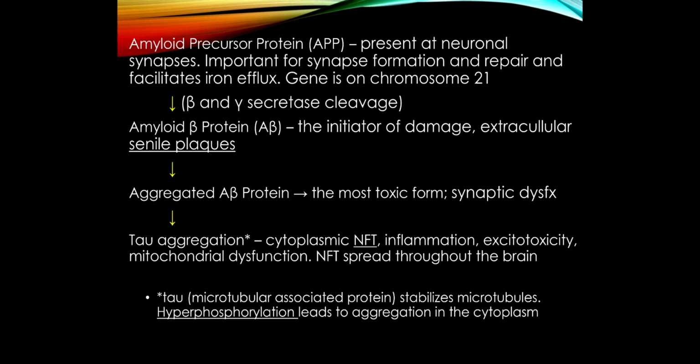But this occurs within the neurons. Okay, so amyloid is extracellular, tau is in the cytoplasm, and so this is what is found in neurofibrillary tangles. It's tau aggregation. And so these neurofibrillary tangles in the cytoplasm cause inflammation, excitotoxicity, mitochondrial dysfunction, and also the neurofibrillary tangles appear to be how the Alzheimer's spreads throughout the brain. So that seems to be more important for spread from one neuron to the next, more so than the amyloid